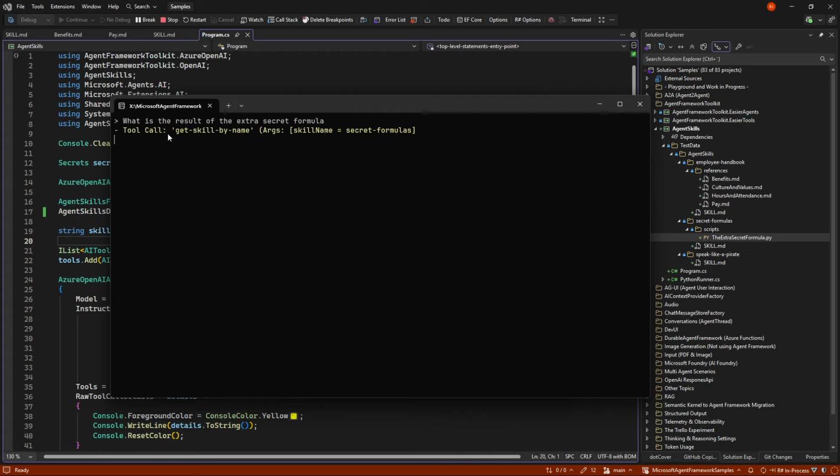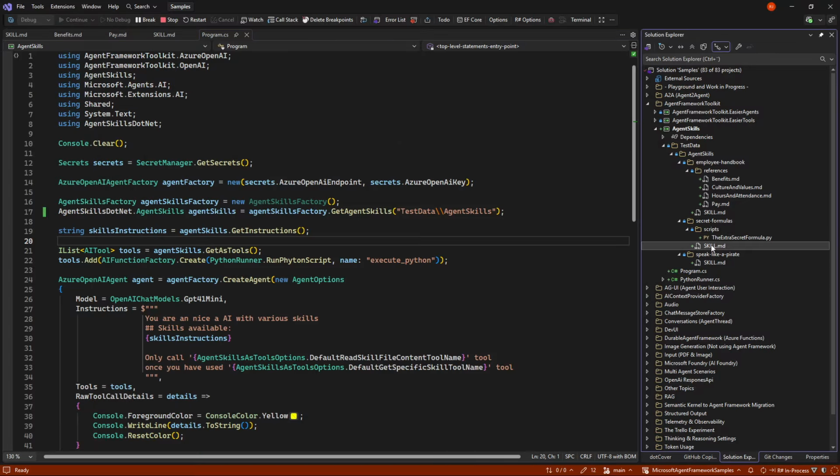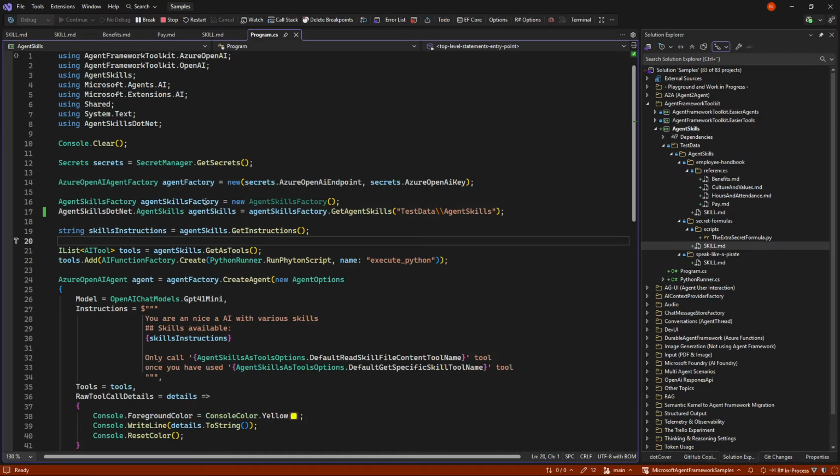So what happens here is it's going in, getting the skill by name, the secret formula. So it reads this file on the fly, and it knows that there is a secret formula called the extra secret formula.py.